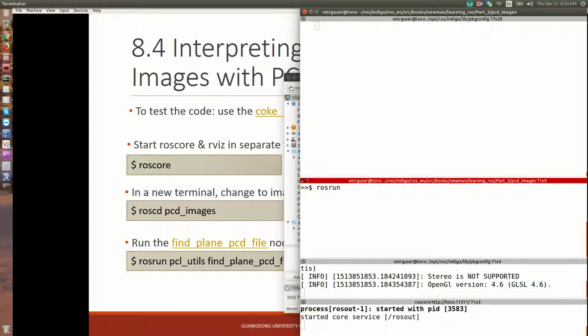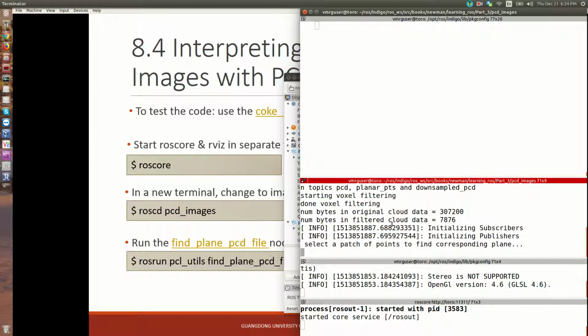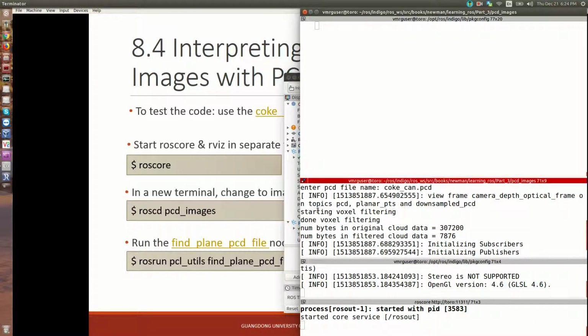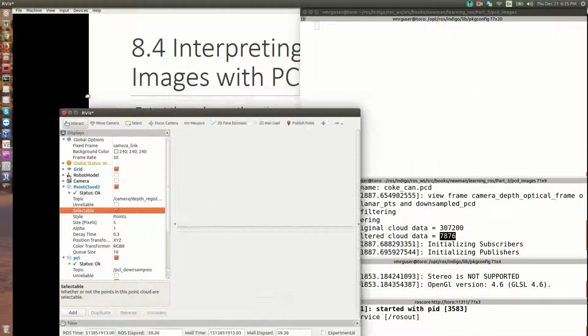So here we're going to run our code, run PCL utils, find plane PCD file. As soon as we do that, it will request the name of the file, which we now have here. And it's going to output some interesting information. It says I have started voxel filtering. The number of bytes in the original cloud is 307,000, but afterwards it's 7,876. If we come over here to RViz,